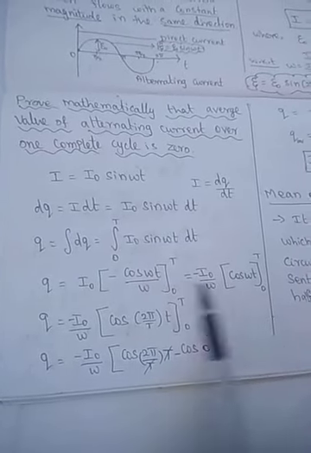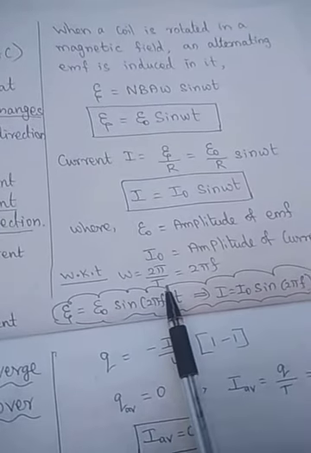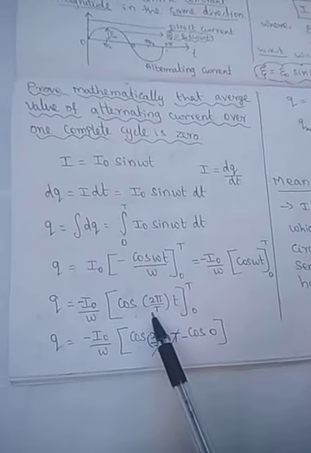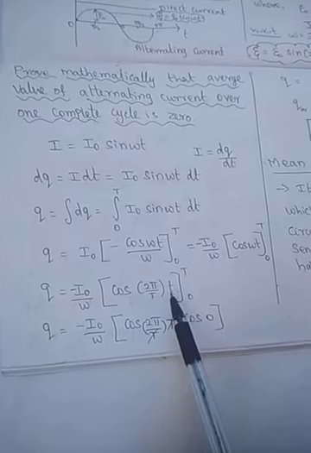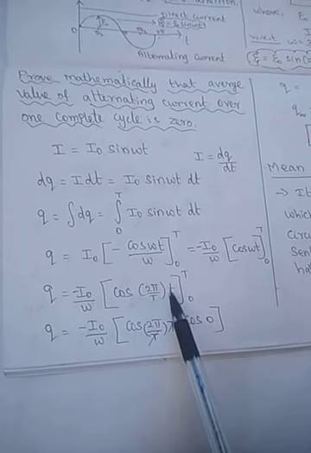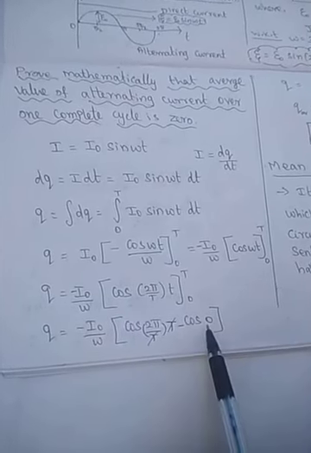So omega will be taken outside. Again in the cos, instead of omega we will substitute omega equal to 2 pi by T. Now you apply the upper limit and lower limit. So for the upper limit T, cos 2 pi by T into T, minus the lower limit 0. Instead of this T you substitute 0, meaning the entire term becomes 0, cos 0.